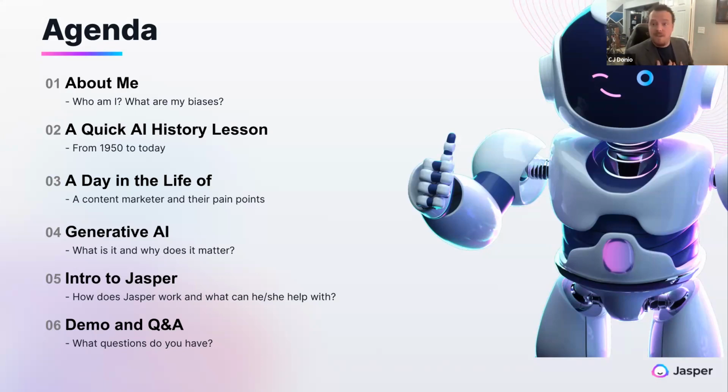Today, we're going to talk about me for a second. The reason why we're doing that is I want you to know what my biases are, what my background is. Spoiler alert, I'm not a marketer, but I'm married to one. So that's hopefully giving me some points. We'll also go through AI history. I think that's important because, as Mike already touched on, the last 2 to 3 years is really when AI became available to everybody across the globe. So we'll talk about that timeline. We'll talk about Jasper briefly as well. And then I'm going to transition and talk about a day in the life of your job.